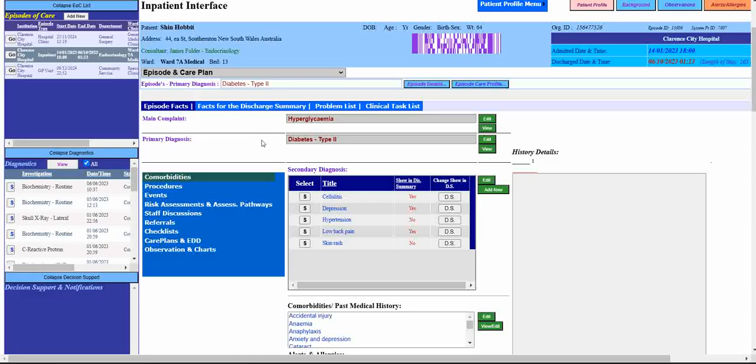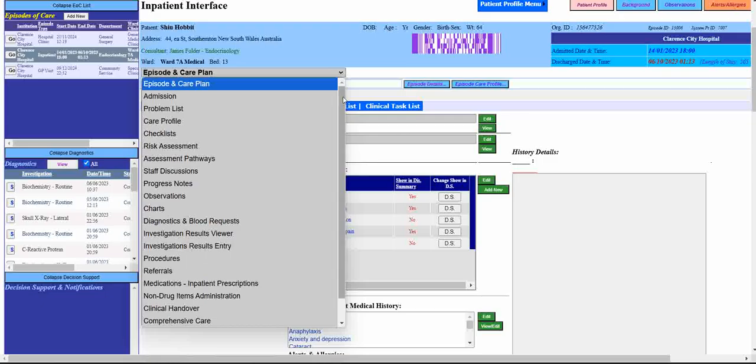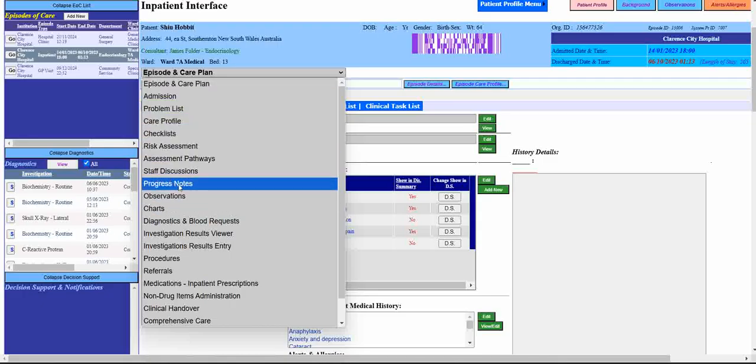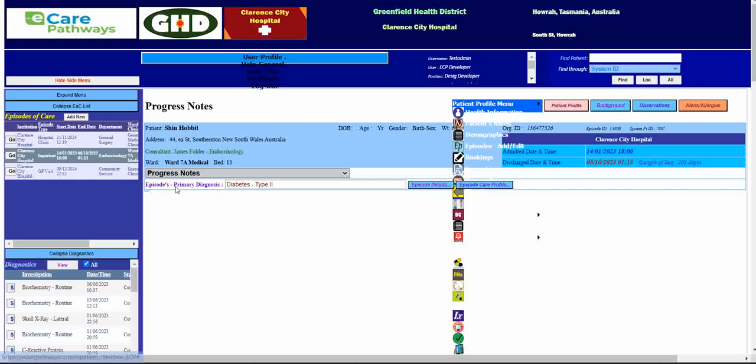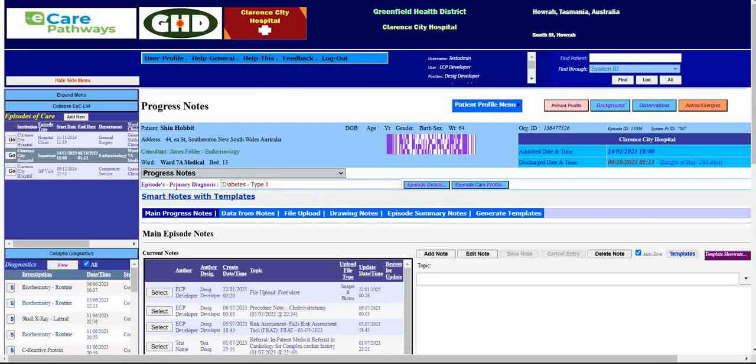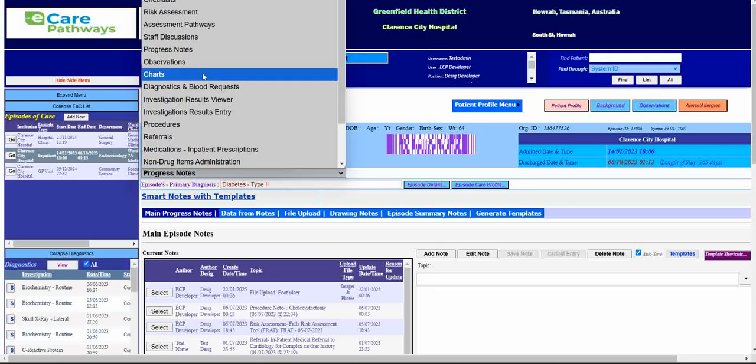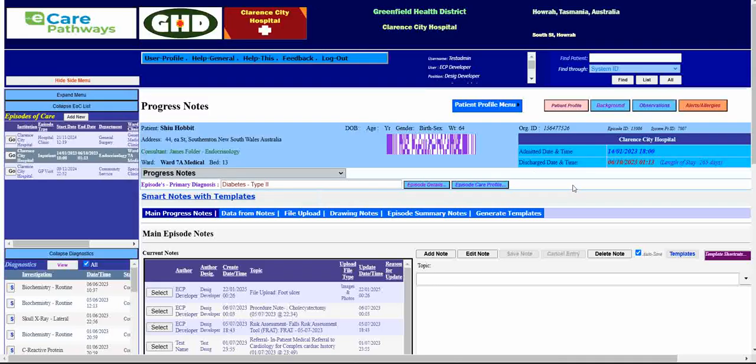You have the summary there. Once you go to this particular drop down, you can see different functionalities in inpatient care. Out of these, I'm going into progress note. This is how you can navigate into the progress note in inpatient. Basically, everything is here. As we go, I'll go into the modules one by one. So now in the progress note, you can see